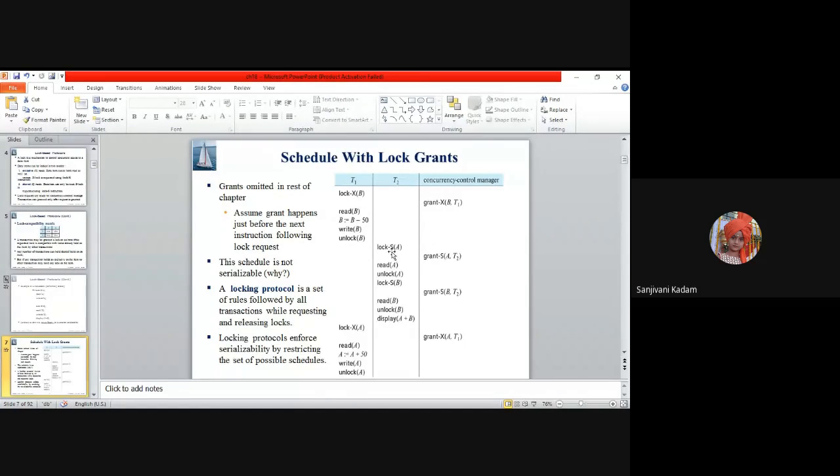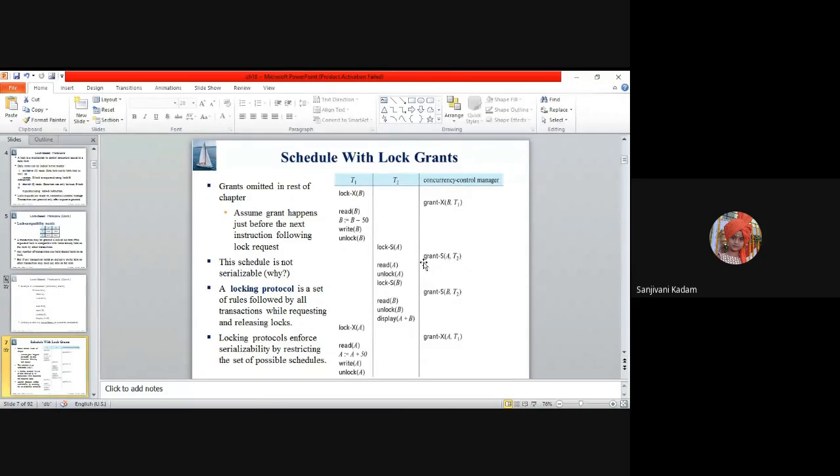So this is with the time switching. Now transaction T2 is requesting a shared lock on A. Shared means it is willing to perform only a read operation on A. The concurrency control manager will check whether A is held by some other transaction. If not, it will grant the request to access.